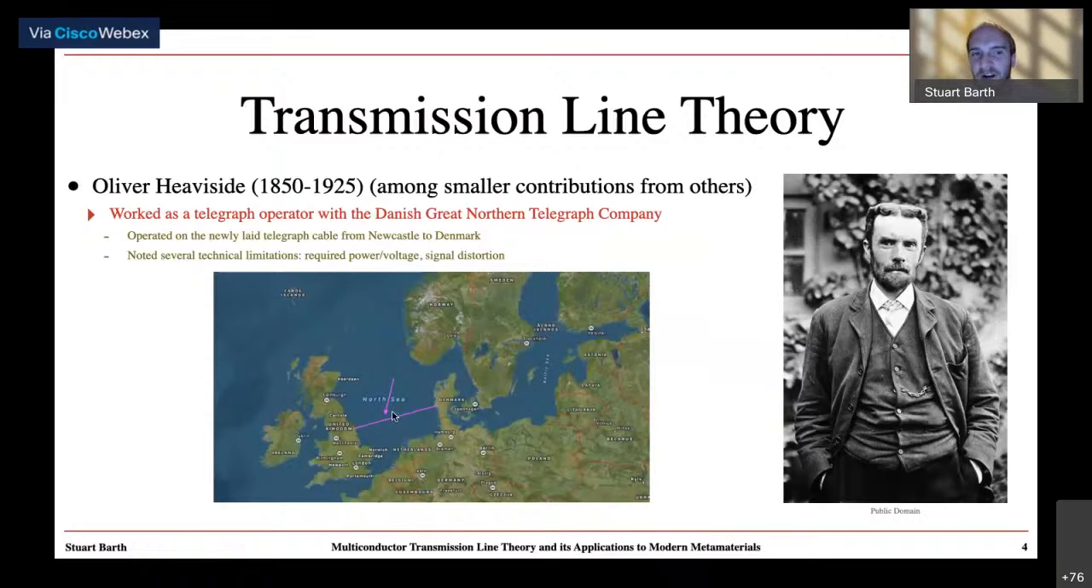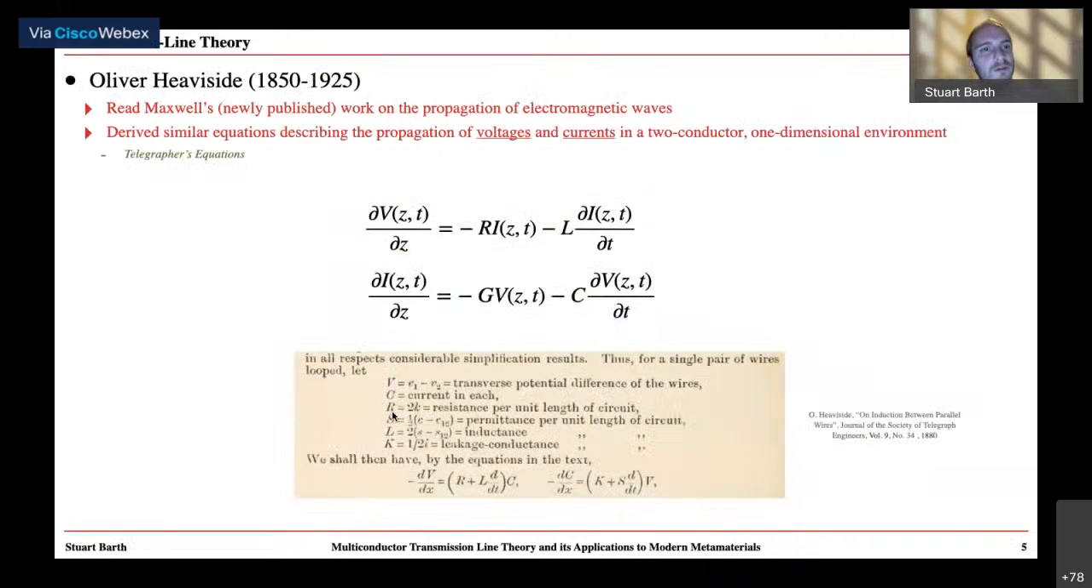And as an operator, he noted several technical limitations on this cable. For example, the large amount of required power and voltage necessary to send signals through the cable, as well as things like signal distortion of the telegraph signals. And he was a well-read individual, so he actually read Maxwell's newly published work on the propagation of electromagnetic waves. And over the course of a number of years,